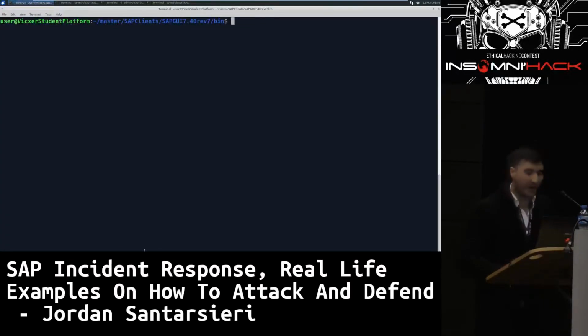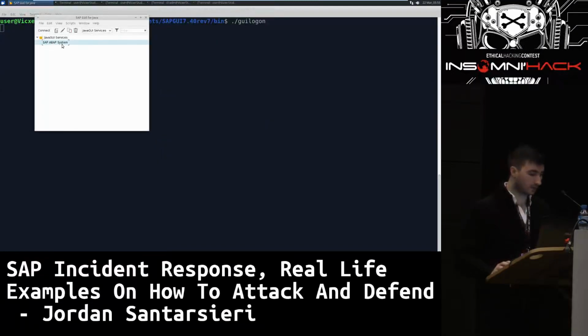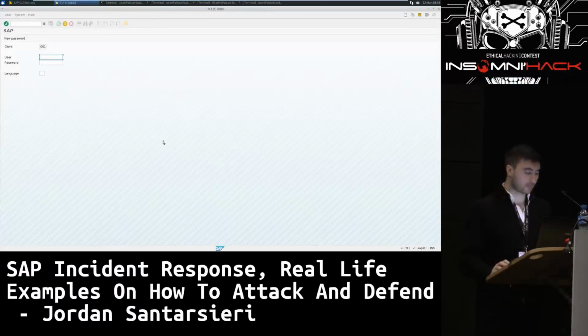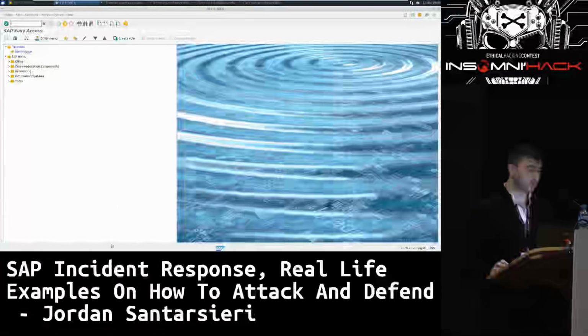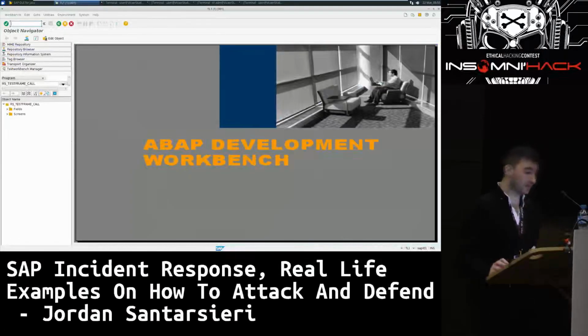My machines will behave. So the first thing that I'm going to do is start the SAP GUI. This is the client to connect to the SAP system. I'm going to connect here. Perfect. And we're going to do exactly what the attackers did. We put garbage, failed login attempt, we put garbage, and then we're going to log in correctly here. Okay, and then we're going to call transaction SE80 to see this ABAP development workbench in real time.